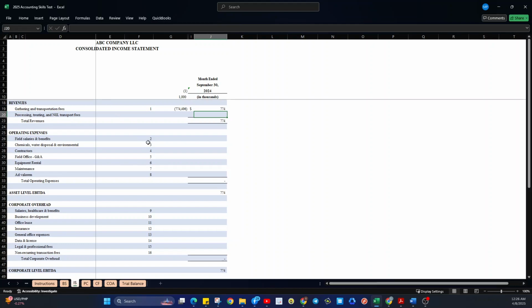Alright, same thing applies here. But this one, we have to divide this by 1,000. Sorry, we have to put dollar sign.